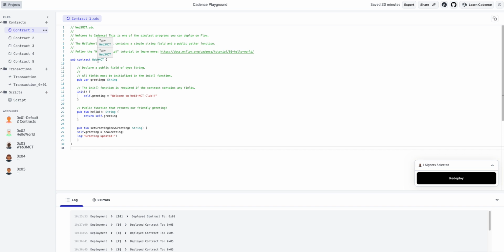Now the cool thing about when you go ahead and you deploy your contracts, one of the differences is that these contracts are deployed and stored directly to the account. So you can see the account here. It says 0x01 default 2 contracts, 0x02 hello world, 0x03 web3 MCT. So all of these accounts has a contract